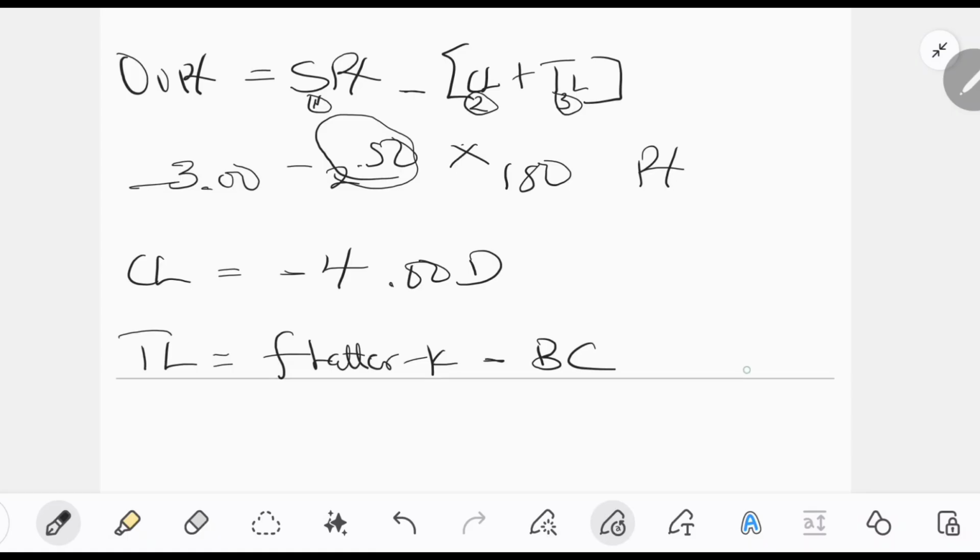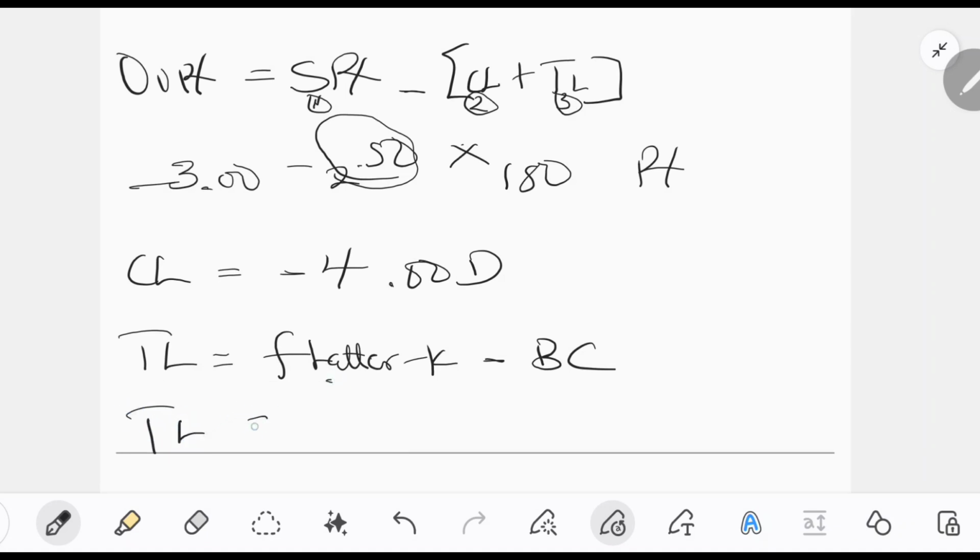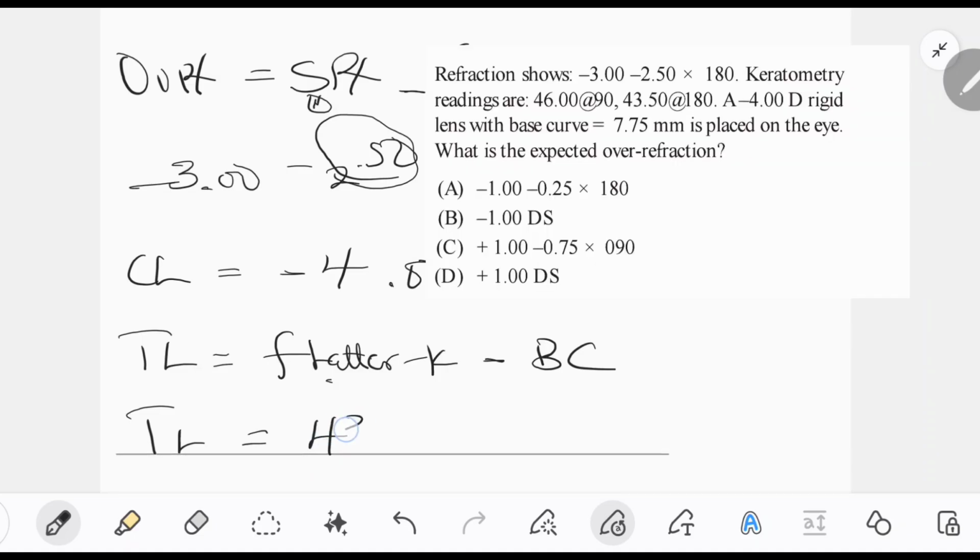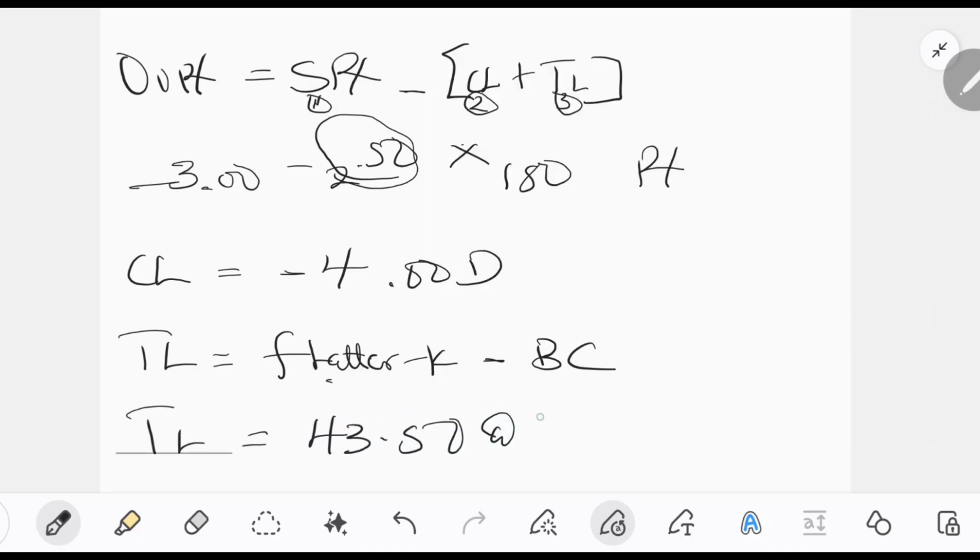We can see that in this question they gave us the base curve, but we have to convert this base curve to diopters so that we'll be able to subtract it from the flatter K reading. Our flatter K reading, which K reading is our flatter K reading, that's 43.50 at 180. This is our flatter K reading. So you have to subtract the